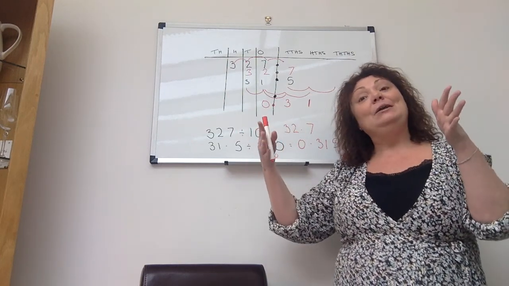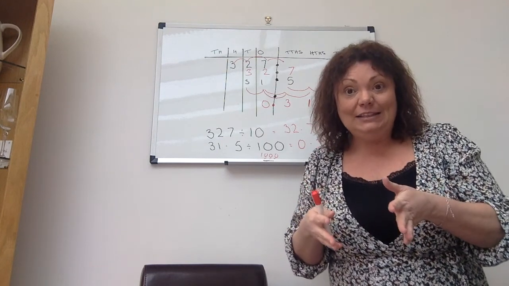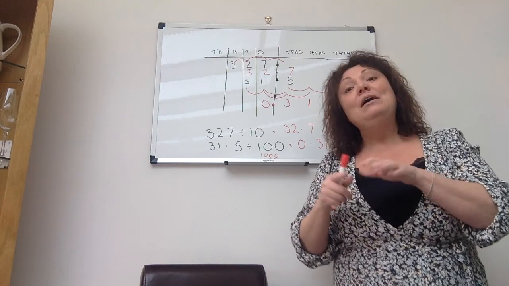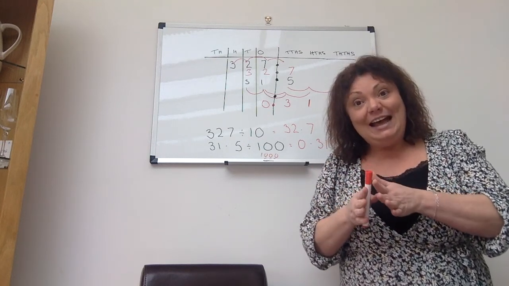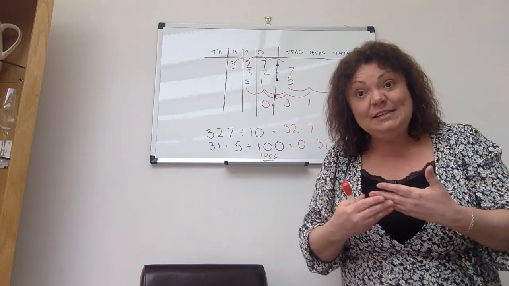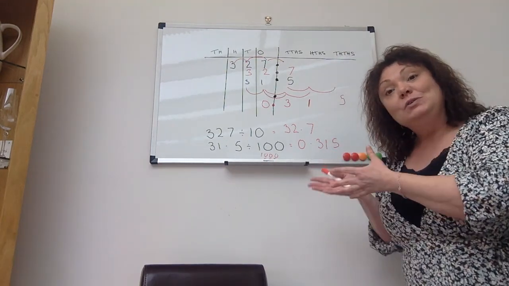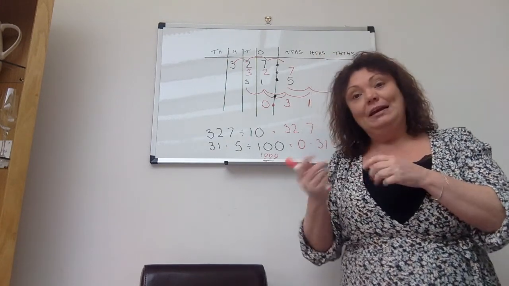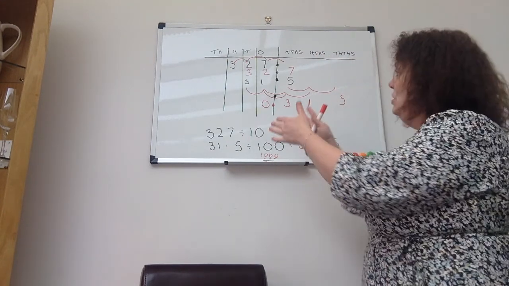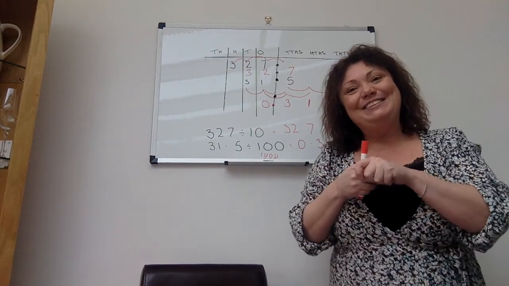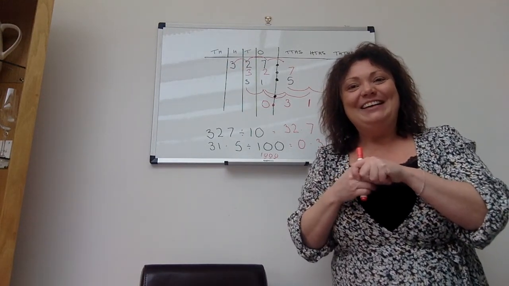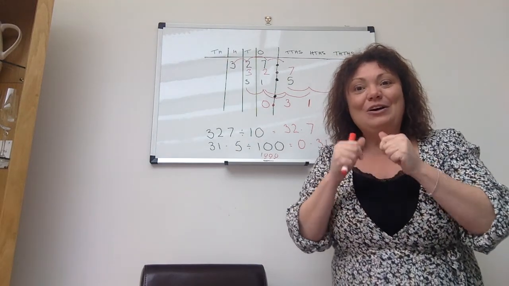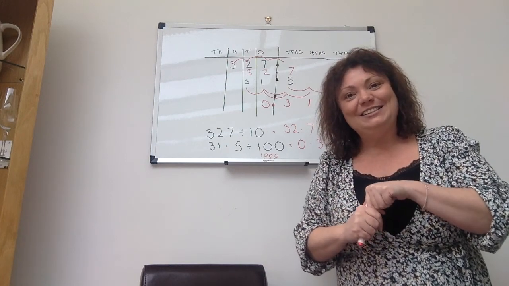And it will show you on the White Rose learning page, okay, how to do that on the place value chart as well. So follow that link really carefully and watch it. Pause it, rewatch it. Watch what I've explained here. And remember, when we are dividing a number, we are making it smaller, okay? We're not making it bigger, we're making it so it's moving to the right of the place value chart. Okay, guys. So do the first sheet, and if you feel that you are confident enough, have a go at the second sheet as well.